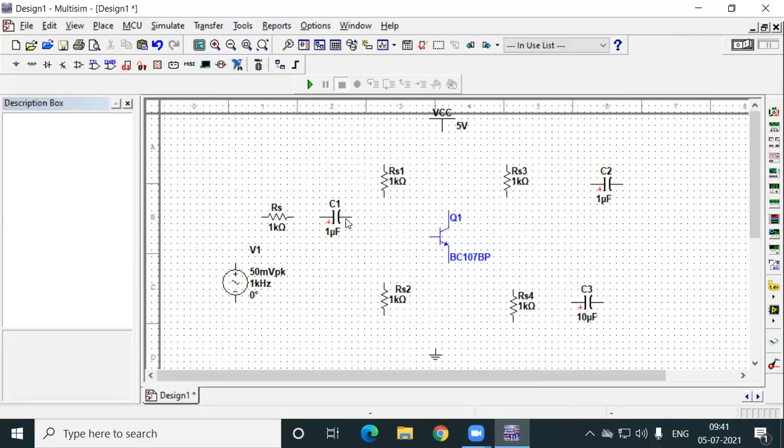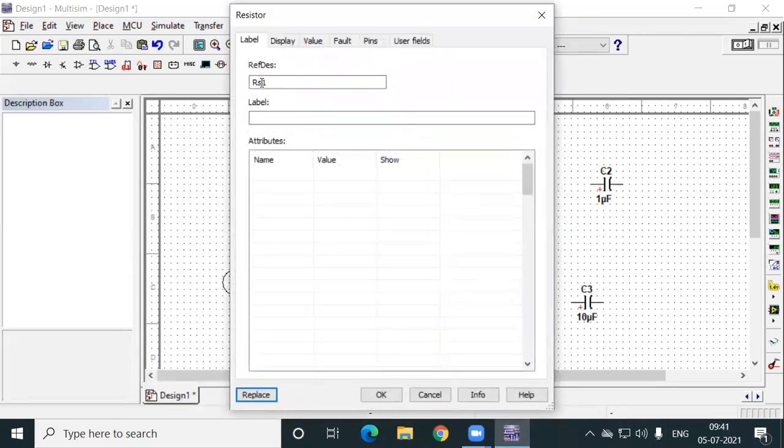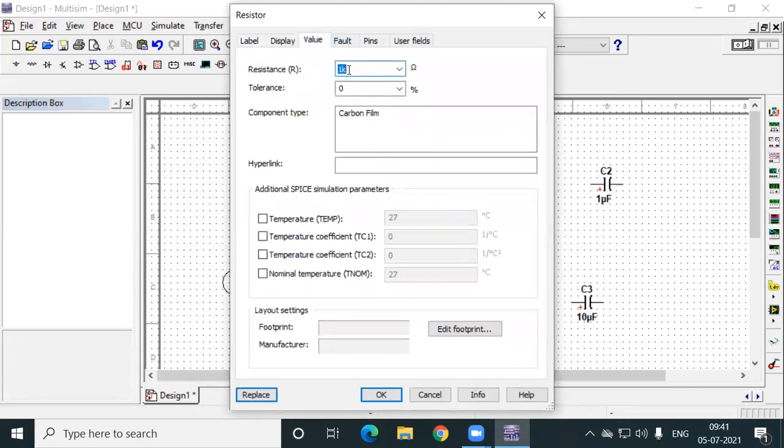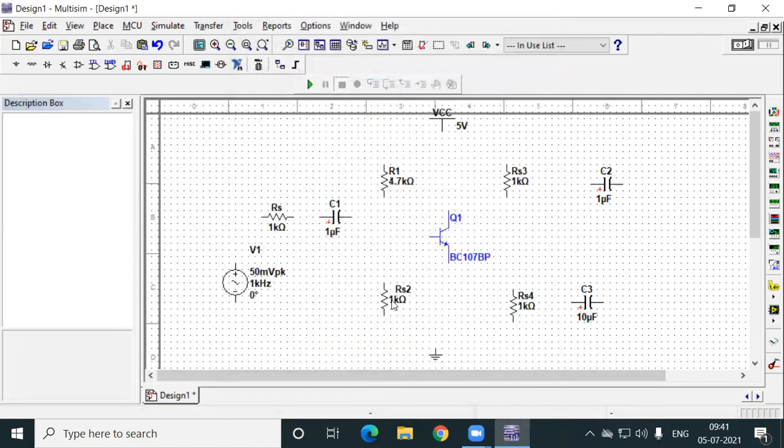I'm satisfied with that name, 1 microfarad. I kept it like that only. Now this is called R1, the biasing resistor, and the value of the biasing resistor is 4.7K. Say okay. Right, R1.